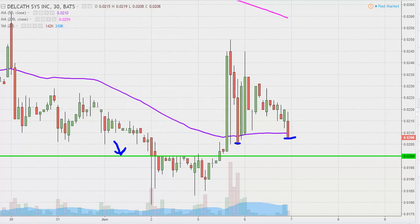Now, from the other side, though, the bears seem to be taking back control. When you look just at the highs, you can clearly see that the highs have kept getting shorter and shorter. You could draw a trend line in there. So instead of drawing an arrow down, why don't I just put in a trend line that's illustrating the same thing. Now, just because there's a downtrending trend line, does that mean the price is guaranteed to break down below 2 cents? I'm not saying that at all, but it's definitely something that needs to be noted,